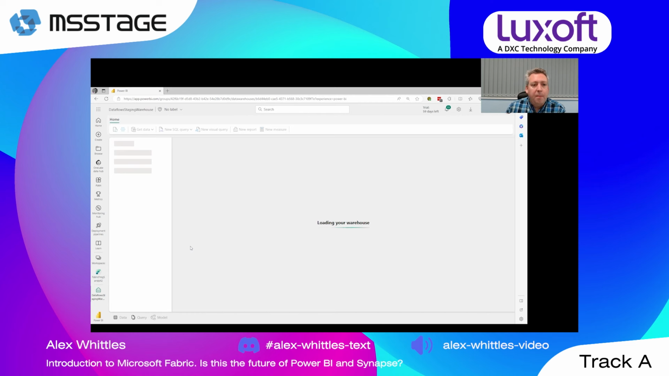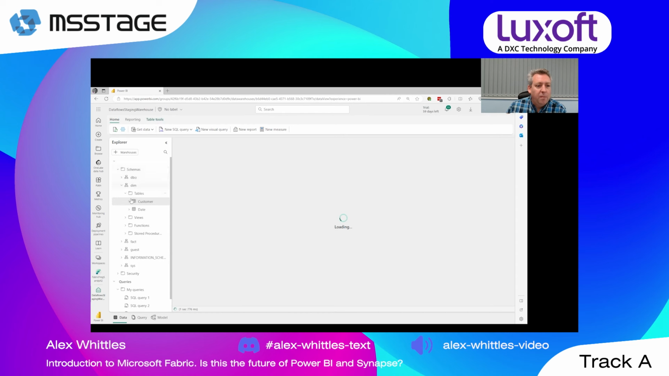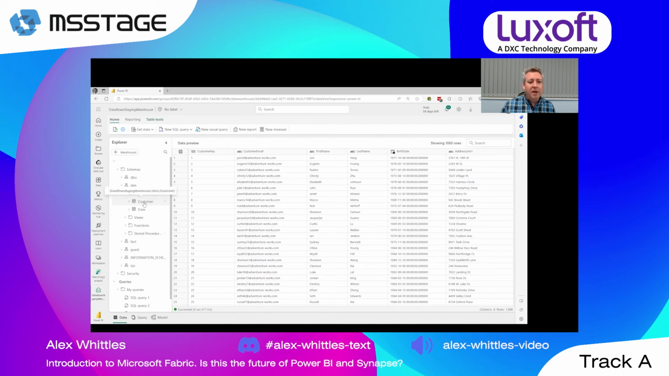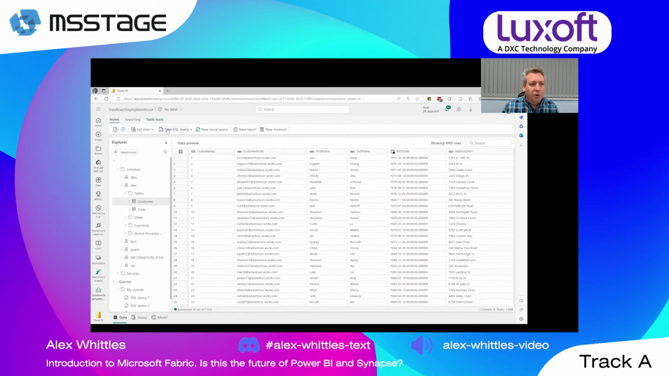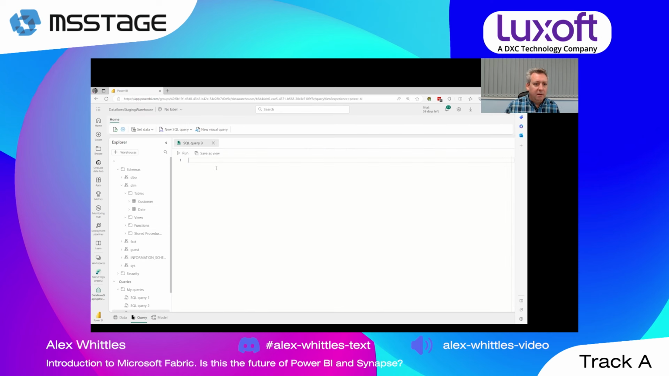So this is loading up all of the, basically think of this as SQL Management Studio in a browser. It's loading up all of my tables on the left. I've got tables here. I've got views there. I've got functions, stored procedures. I've got schemas. I've got saved queries. Within my customer table, I've got all of my data. And I can write a SQL query here of